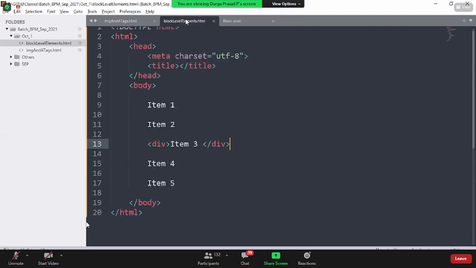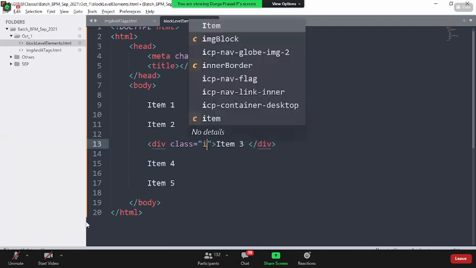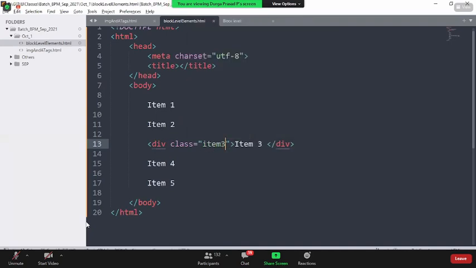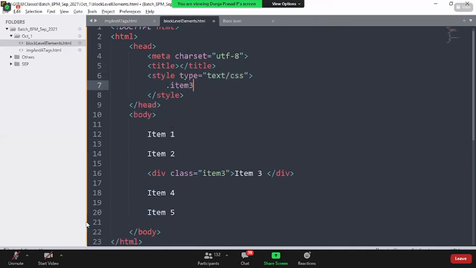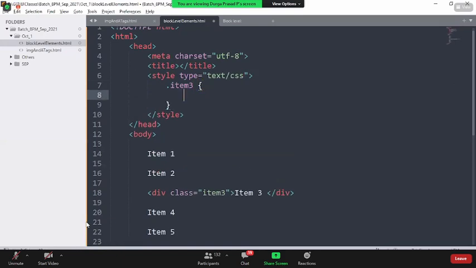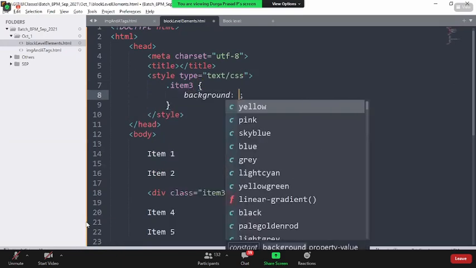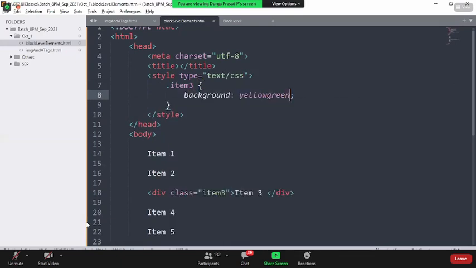The second property of a block level element is this. Say, for example, I'm giving a class name, item 3, to this element. I go to the style tag, use item 3, and set the background to yellowgreen. For item 3, I'm giving yellowgreen as the background color.